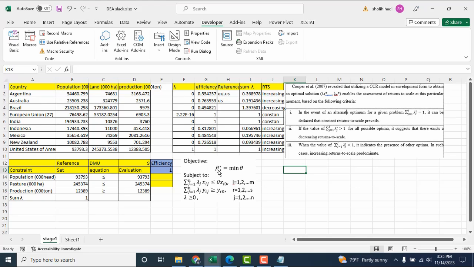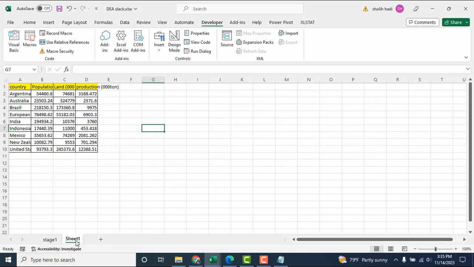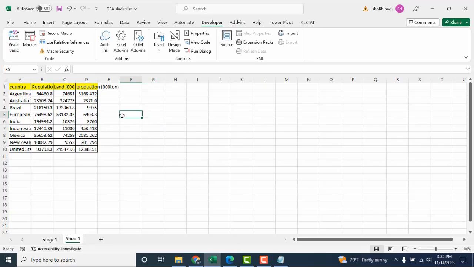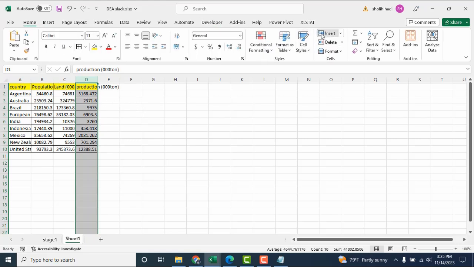Okay, I will try to compare with the software. I will use this one, the Frontier. Click here. Okay, already, and we have the same data here. And from DEA Frontier, we should give a blank column to separate input and output here.